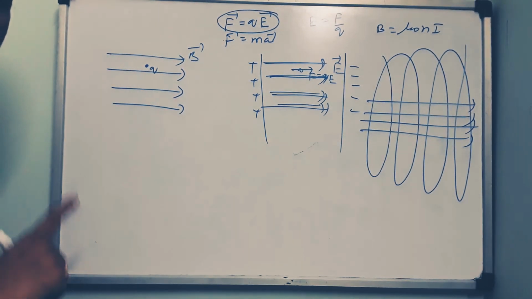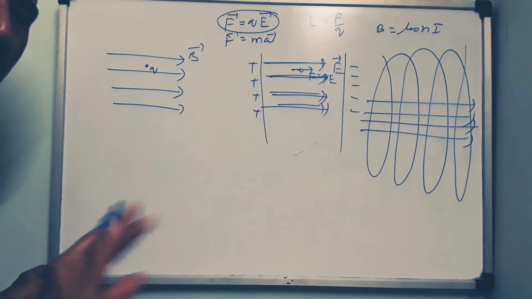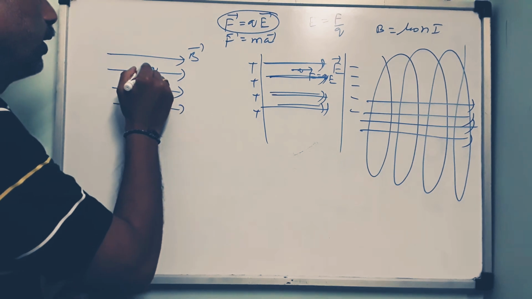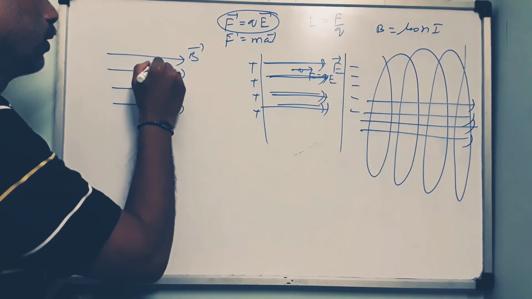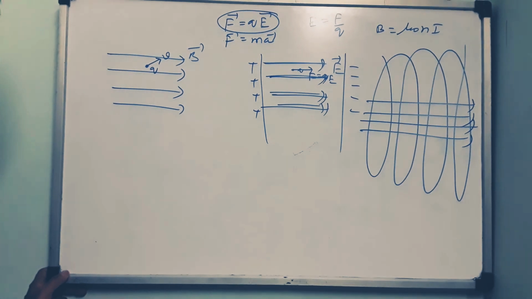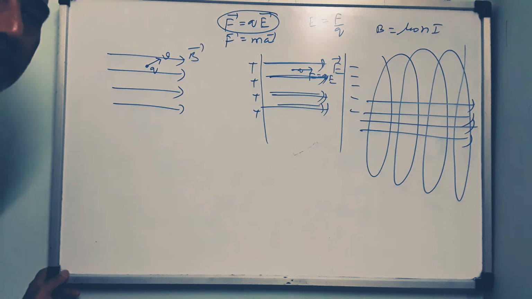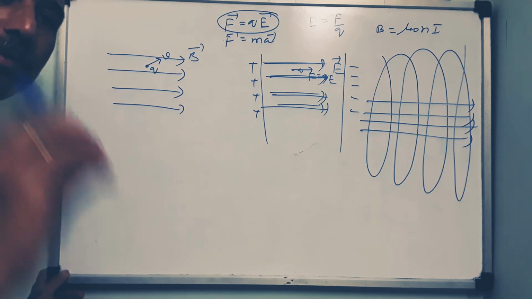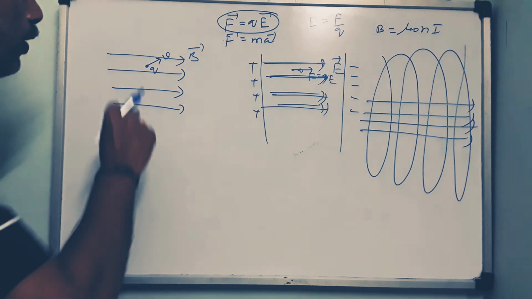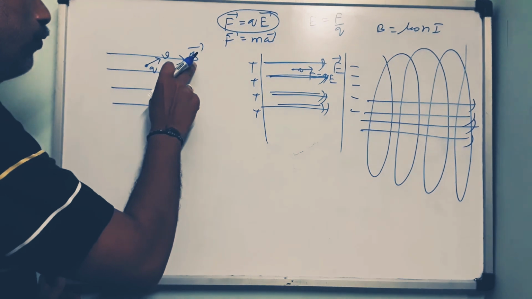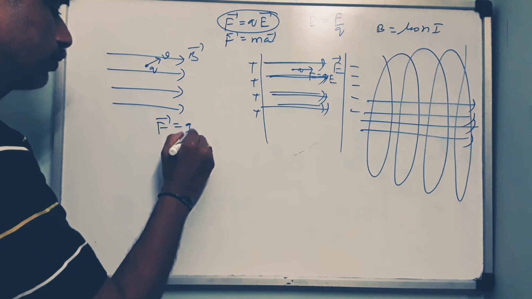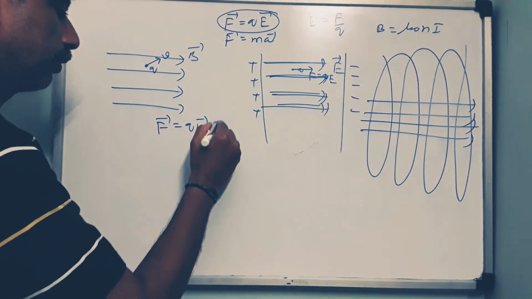Do you expect this to experience a force? No. This will not experience a force. This will experience force only when it is set into motion. A moving particle always is associated with velocity and momentum, whether it has acceleration or not. So when this particle Q is moved in the magnetic field B with a velocity V, it experiences a force given by F equals QV cross B.